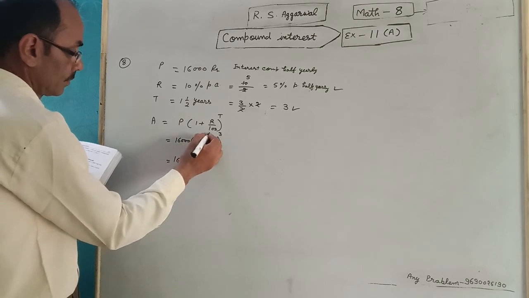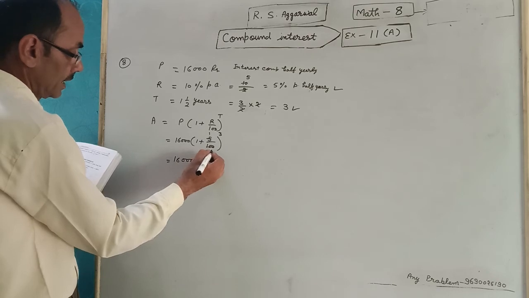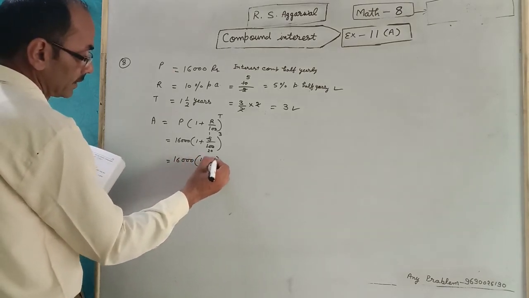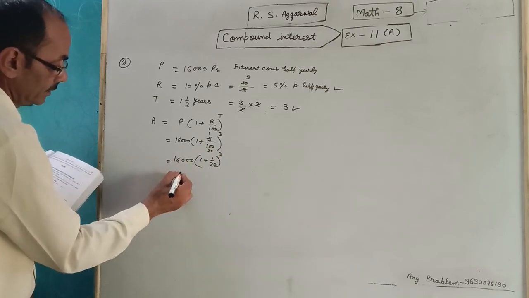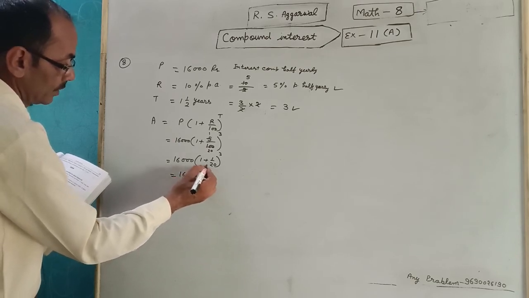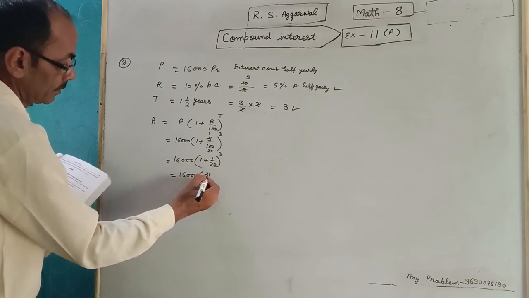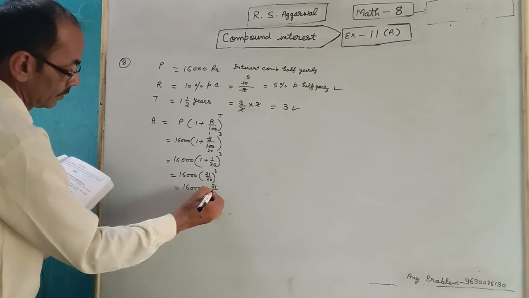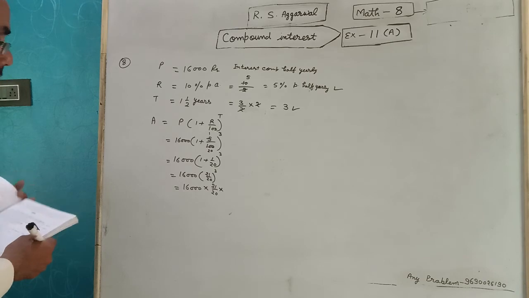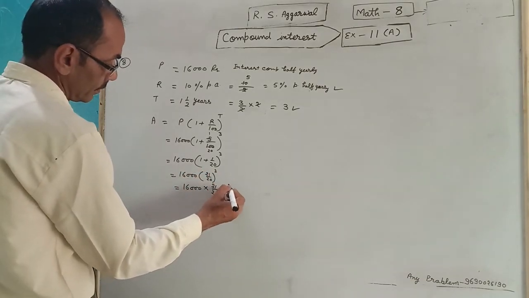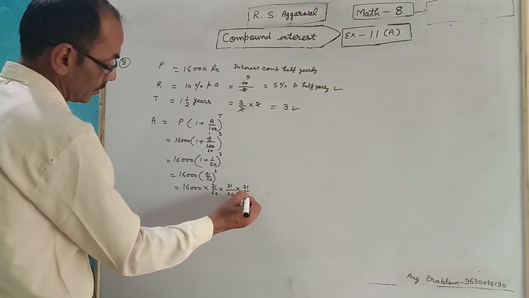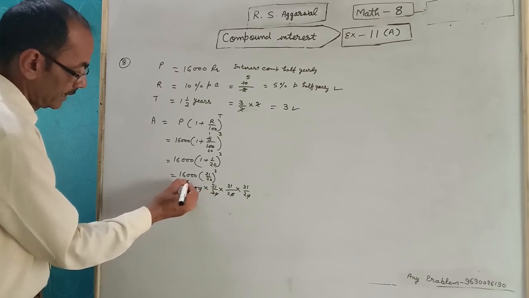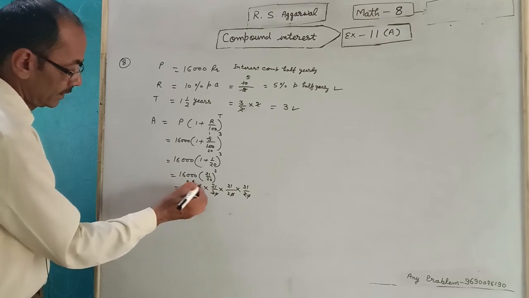16,000. 5 1 ja 5. 5 2 ja 10. 1 plus 1 upon 20 has power 3. 16,000. 20 1 ja 21. 20 plus 1 is 21 upon 20 has power 3. 16,000 multiplied by 21 upon 20 written 3 times. 21 upon 20 and 21 upon 20 according to power. 20 by 20, 2 8 ja, and 2 4 ja and 2 2 ja.